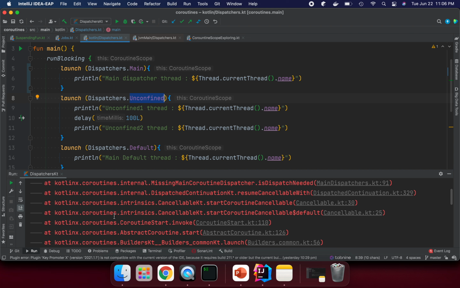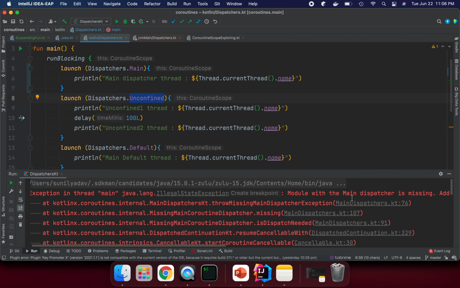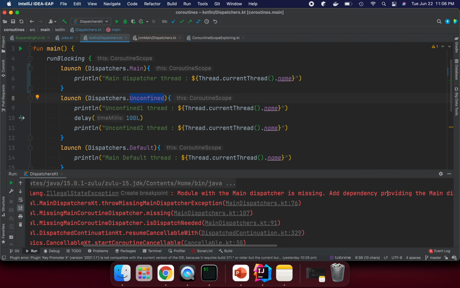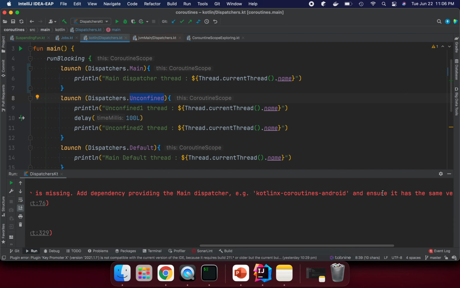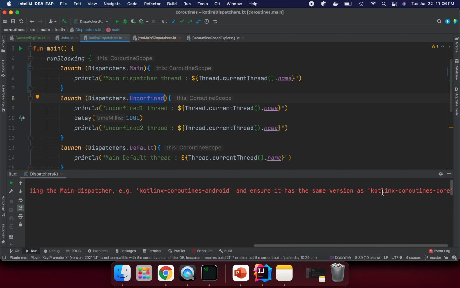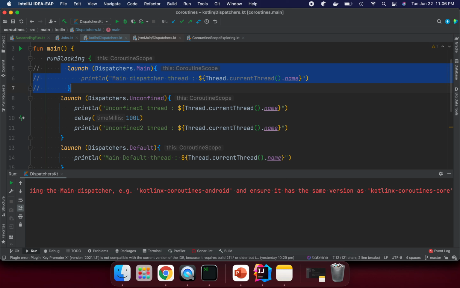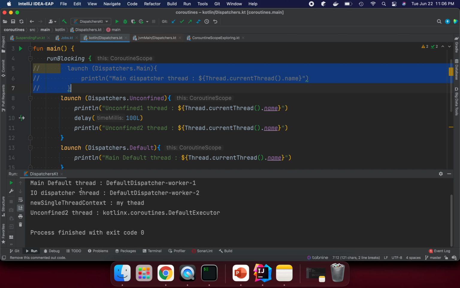We see an error: module with the Main dispatcher is missing, add dependency providing the Main dispatcher, kotlinx-coroutines-android. This works for Android. If you are displaying something in the UI and want to launch with Main, it will not work here. Okay, so let me comment it out and run it.